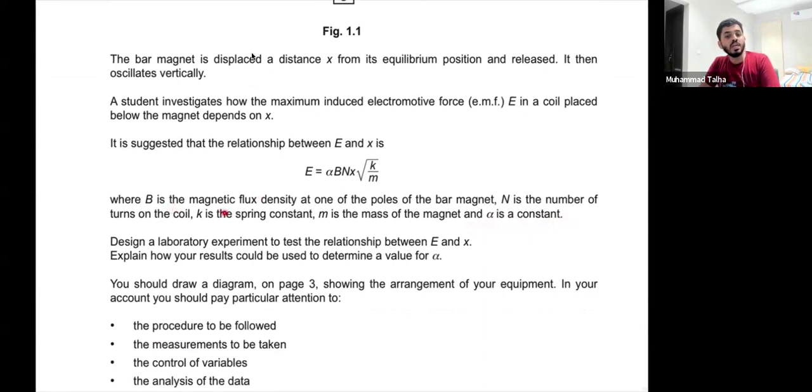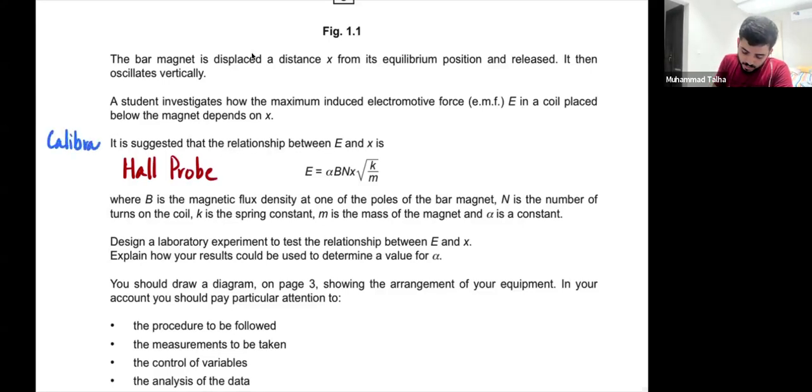So for B, what do you do? Magnetic flux density. Again, this is where you can score a lot of marks. You know that for measuring B, we use a Hall probe. And for Hall probes, you can always get some of these additional detail marks. You can say that you calibrate the probe according to some voltage reading, right? You can also always say rotate the Hall probe until you get a max reading.